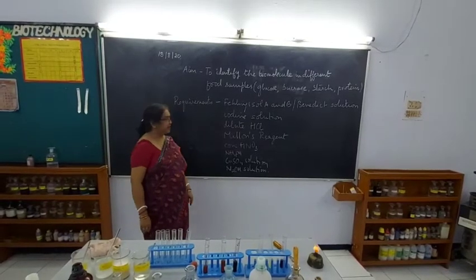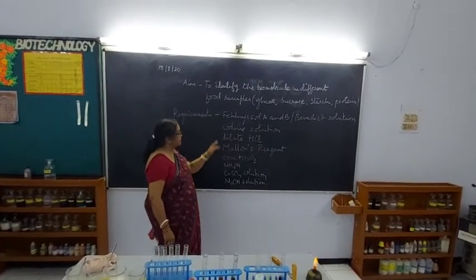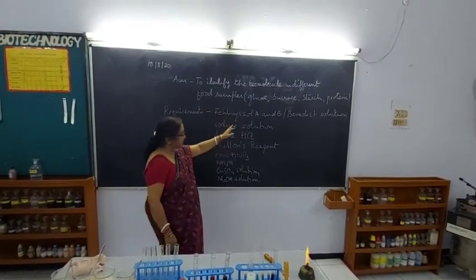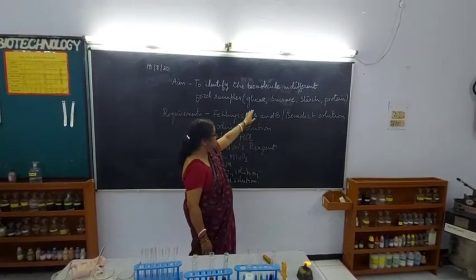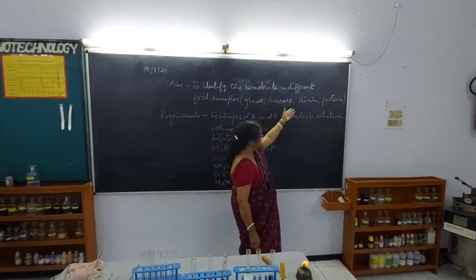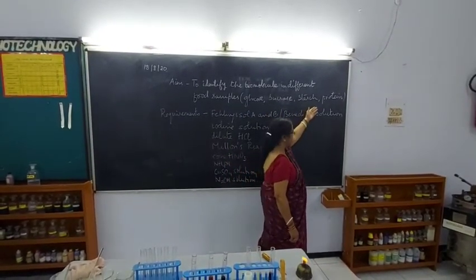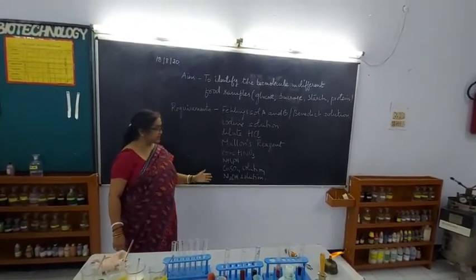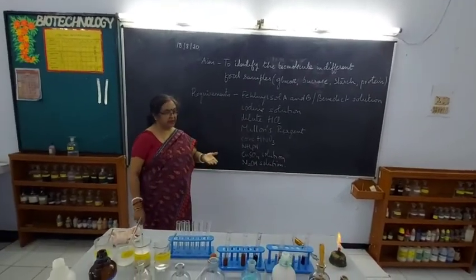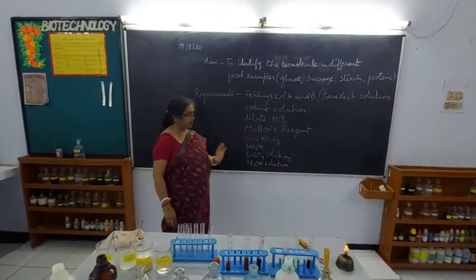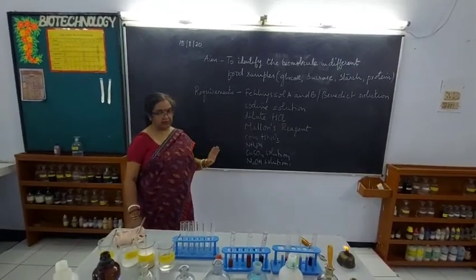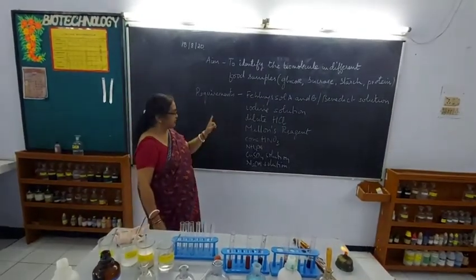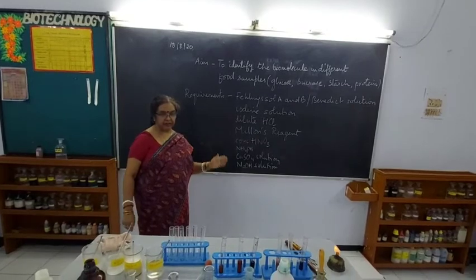Good morning students. Today we will do the practical to identify the different biomolecules present in the food samples. We have taken 4 types of food samples here: glucose solution, sucrose solution, starch solution and protein solution. Now we will be using many types of chemicals or reagents to identify which type of molecule is present in which, because all of them are transparent, they are of the same color, so we are not able to differentiate. So when we do these tests, we will be able to find out.